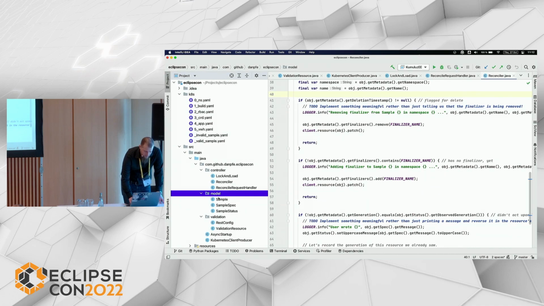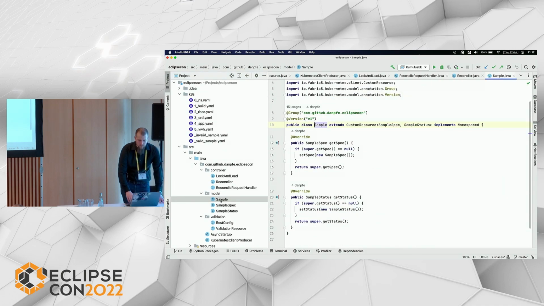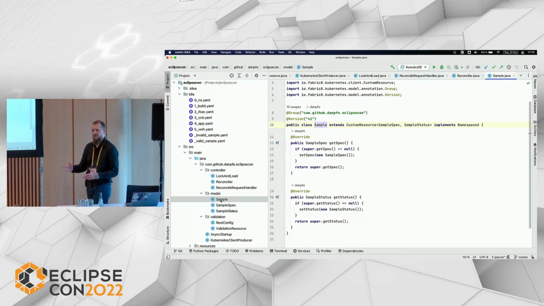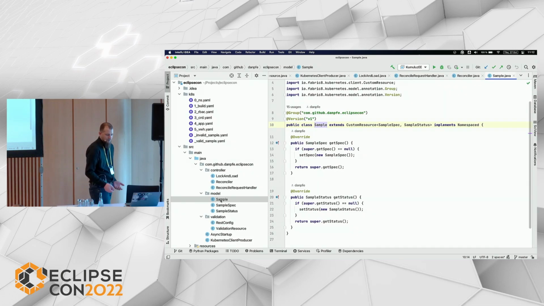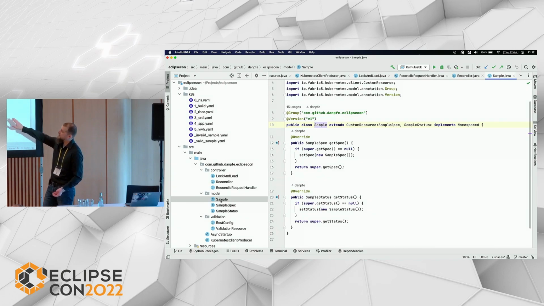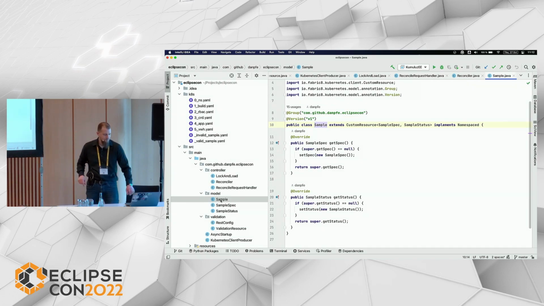And in the end, you will see the sample that we created. You probably know how a Kubernetes resource looks. It usually has a spec, it usually has a status, it has some metadata. The metadata part, like name and namespace and finalizers, etc., we already get by extending the custom resource, which comes from the Fabric8 Kubernetes client.